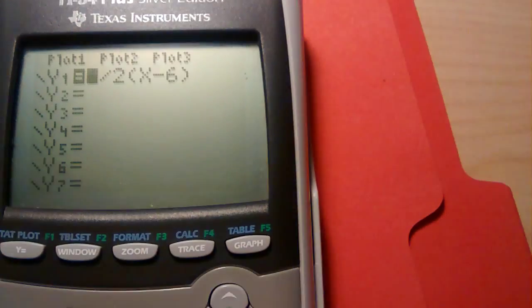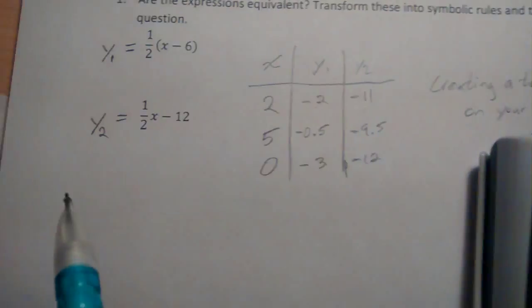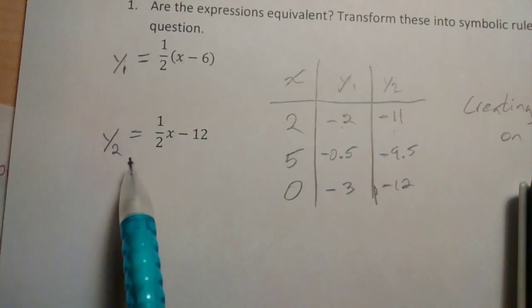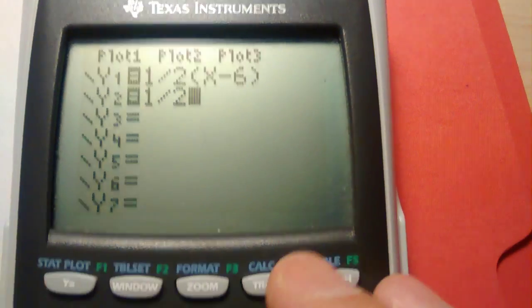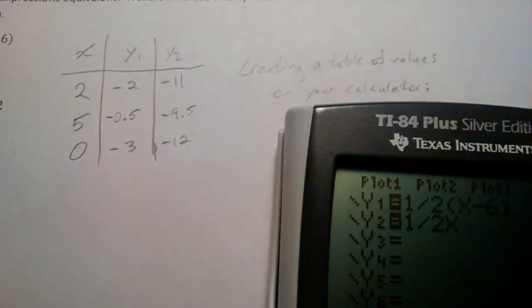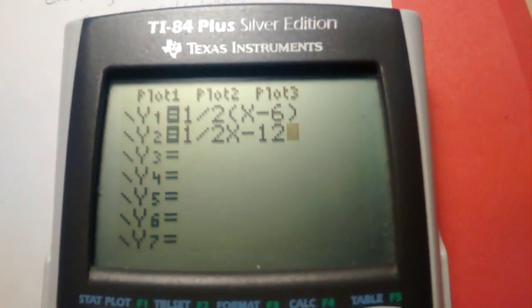And let's go to y equals and plug in our second expression, now a symbolic rule, so 1/2 x. So 1/2, my input variable again is that guy, so I'm going to hit x -12. Okay,